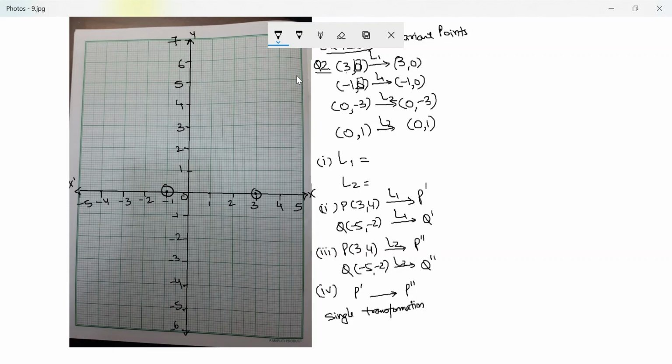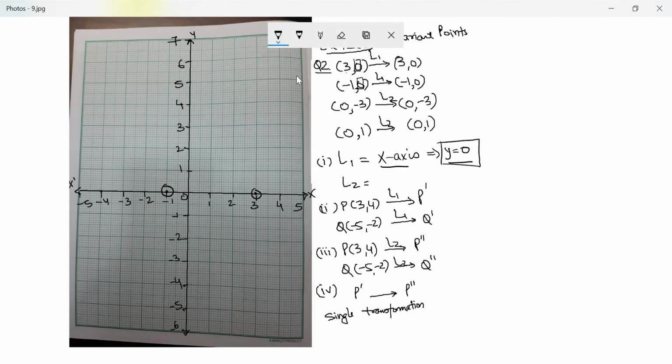But if I reflect this on the x, which means this is basically on the mirror, when you keep it on the mirror, there is no change in the shape or the position, which means L1 is basically the x-axis. In case they want the equation, then the equation of the line is y is equal to 0. In this question, they've specifically said name or write the equation. So here I've written the name, I've also written the equation. In some questions, they may say write the equation. So writing this is important.